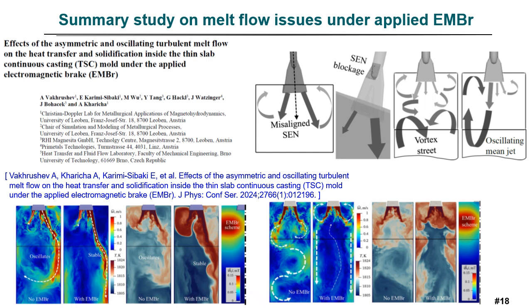It was revealed that most of the issues can be already resolved by applying a symmetric magnetic field. However, some of them require an adjustable technique, when the magnetic field is varied between left, right, or top and bottom sides of the mold. However, some of the issues are even worsened by application of the magnetic field, when the asymmetric flow pattern is frozen and it causes the strong remelting of the solidified shell. In such cases, some other countermeasures must be applied.